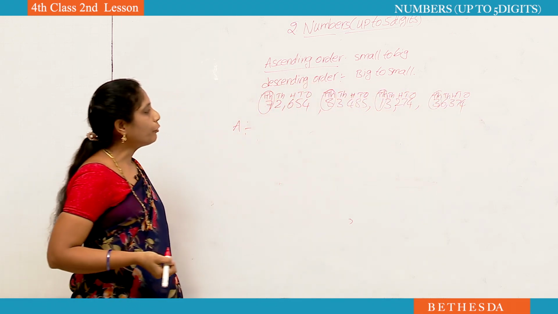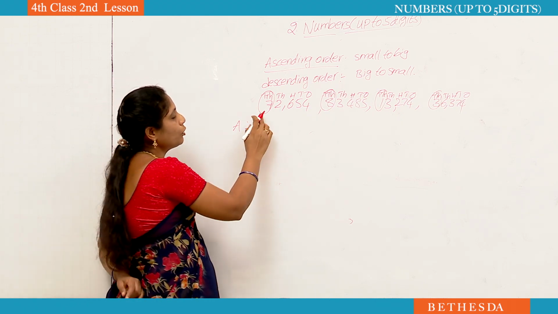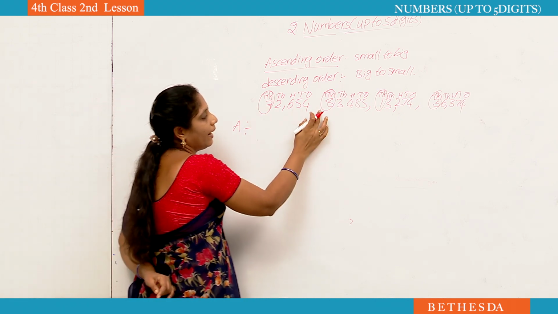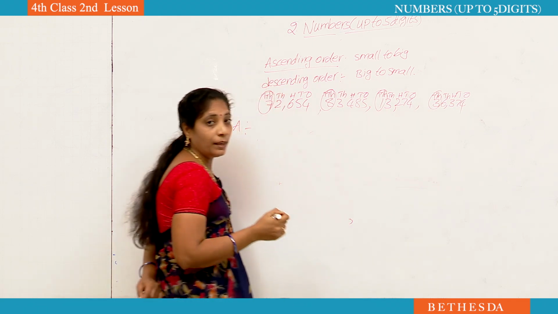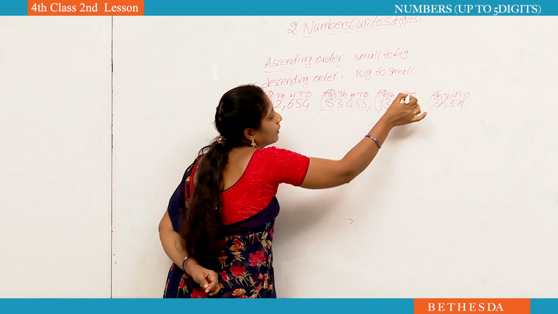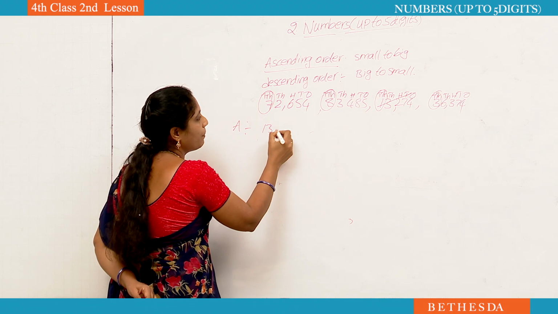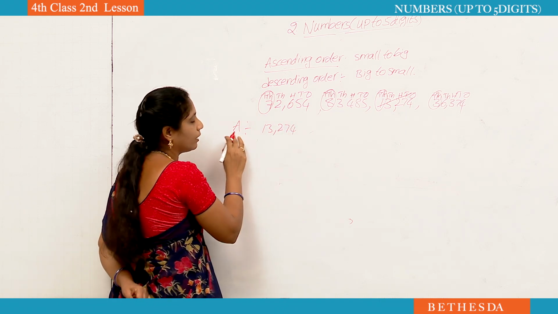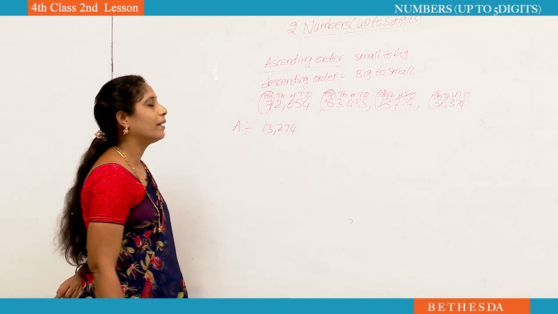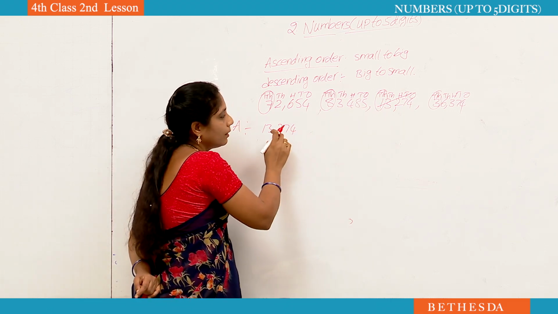Okay, see, if you observe the 10,000s place of the numbers 7, 8, 1, 3. Here which is the small number? 1. Cut this number and write down. Why? Because now we are writing the ascending order. Ascending order means small to big. 1 is the small number. That's why you have to write